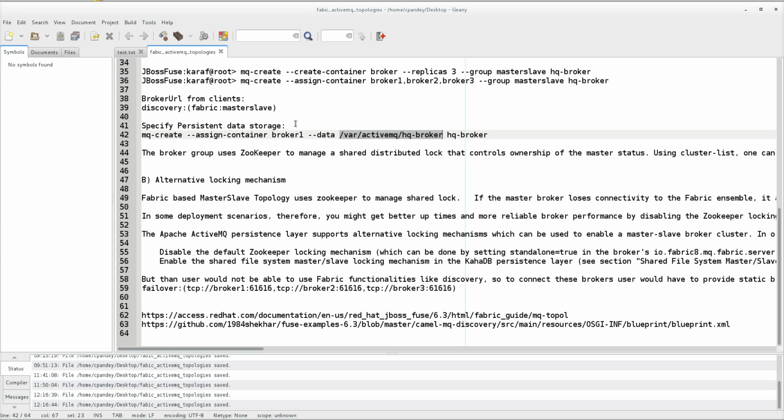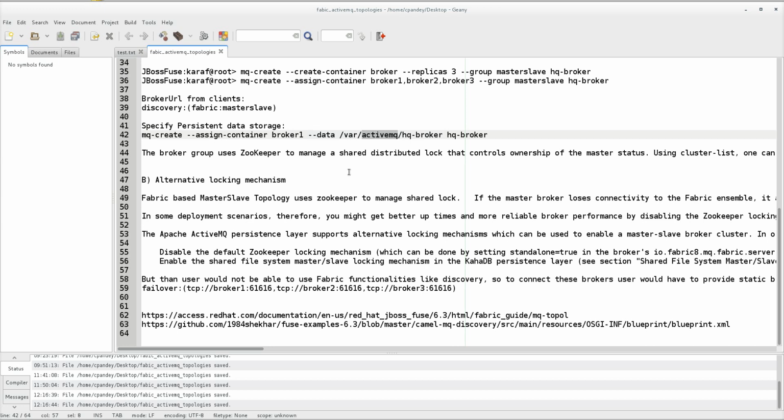So guys, while creating the broker itself, you should provide this. Once you do this, your messages will be visible to master as well as slave. Otherwise, slave and master would not have the common messages, and that could be a problem. Using this you can easily configure the shared persistent storage.